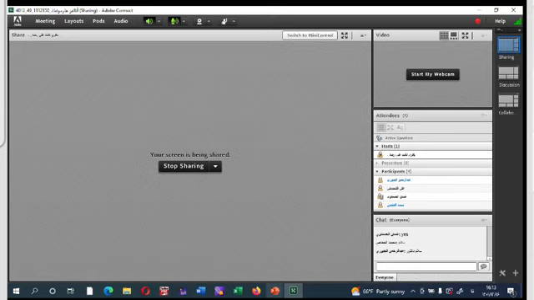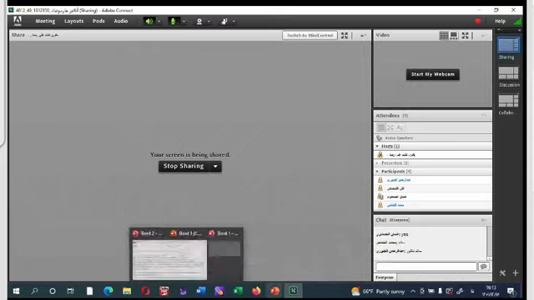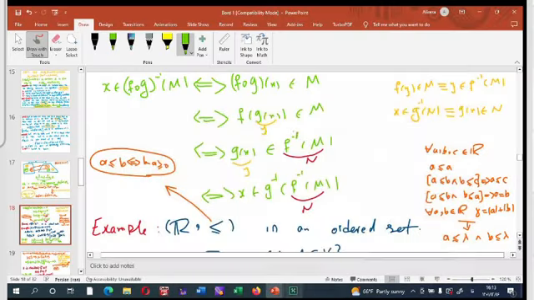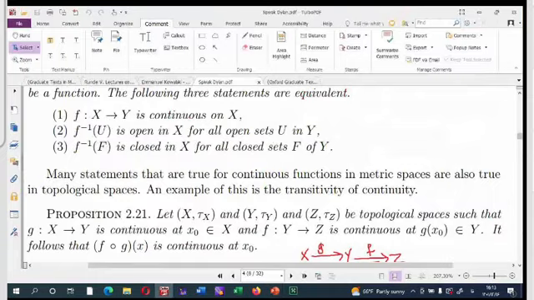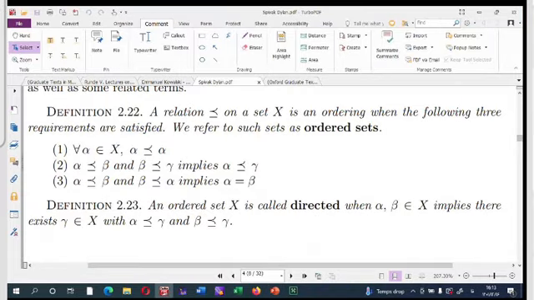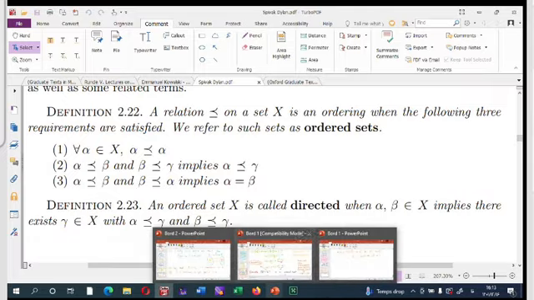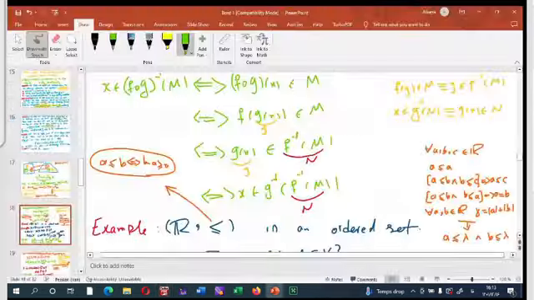So that we have this proposition: the composition of two continuous functions is continuous. Okay, let me see. Now let's